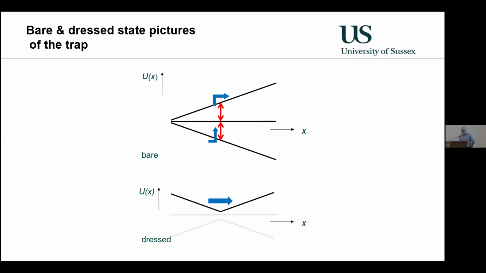This is my second way of explaining how it is that you can make these bubble states, for example. This is supposed to represent something like you would see for a Zeeman splitting, but the coordinate here is space and not magnetic field. But if you have a linear field gradient, approximately a linear gradient, then this is how the energy levels will look. Here's the radio frequency resonance in the upper picture. And it means that if an atom is sitting on this potential, it feels the downward or the expelling force on the downward potential, approaches the resonance, and provided it doesn't go too quickly through the resonance, it'll adiabatically get